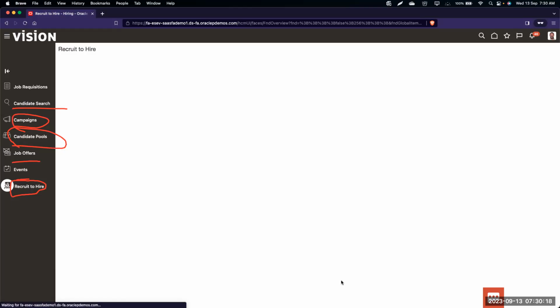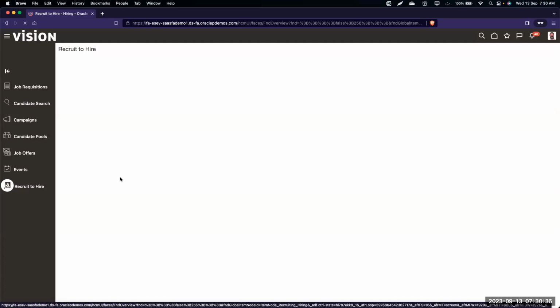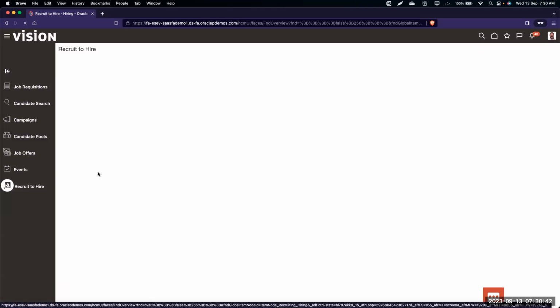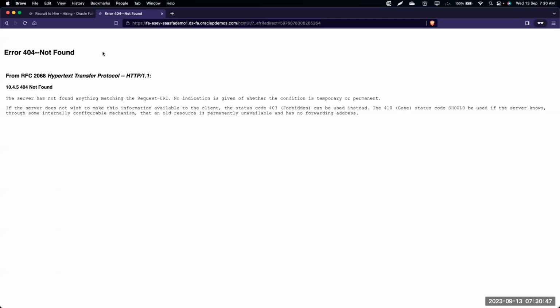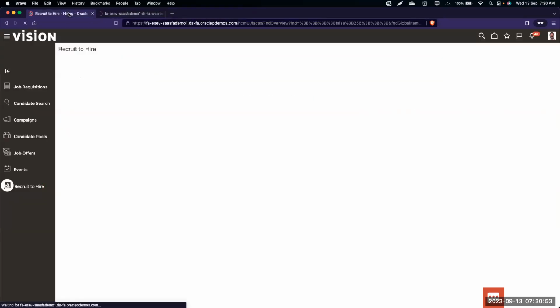So give me one second. It is taking a little time to load, as it is a demo instance.